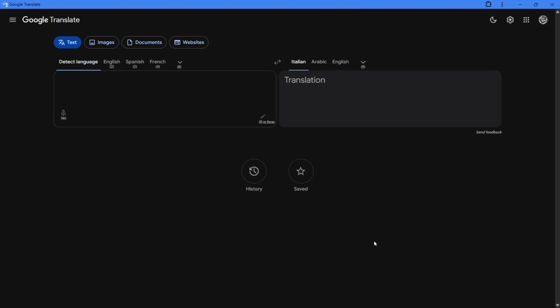On Windows, you should see a new Google Translate icon on your desktop, and also in the Start menu under Chrome Apps. On a Mac using Chrome, look for the app in the Chrome Apps section when you open Chrome. Opening it brings up the same clean Google Translate window, ready to use even if your main Chrome browser is closed. You have now set up Google Translate as a desktop-style app on your laptop, ready for quick everyday use.